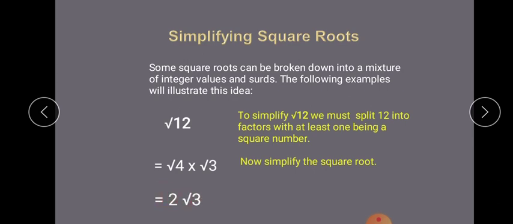So students, remember, when we have a big number inside the root, we have to factorize, and we have to express the factorization as the square. So 12 is 4 into 3. Why did we write 4 into 3? Because 4 can be expressed as 2 square. Then only we can get rid of the square.